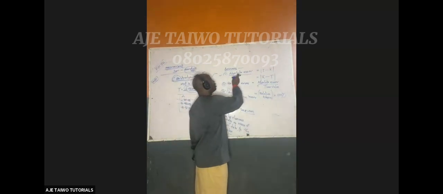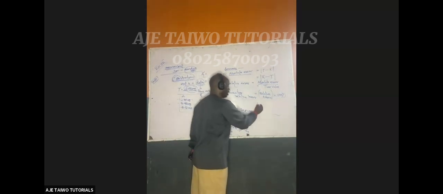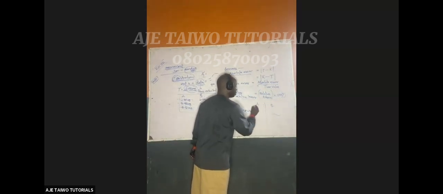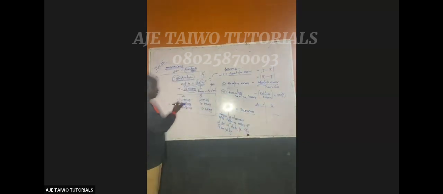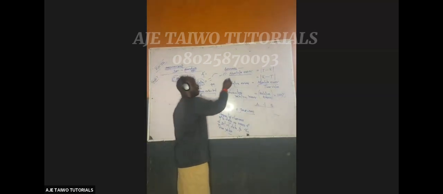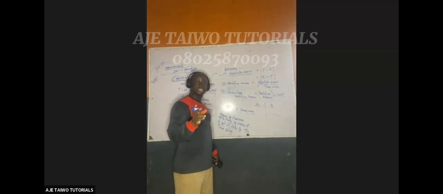When you have two sets of data, A and B, like these guys that presented this measurement, and I want to ask you, who is more accurate here? Is it A or B? Who can answer the question? Who is more accurate? Is it A or B? A. You can't be sure. Don't be too sure like it's A until you calculate the absolute error. You have to put it down now.